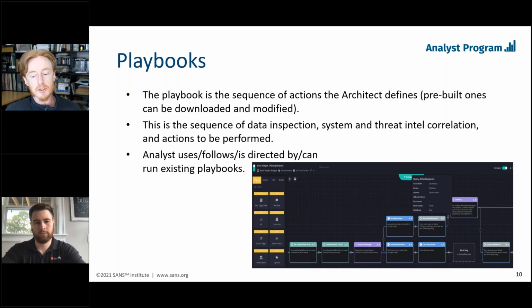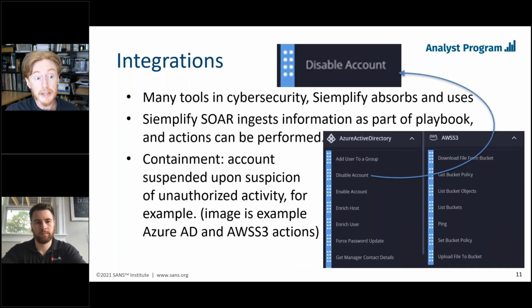I would want some sort of a forum between my analysts who are being directed by the playbooks and my architect or architects who are configuring the playbooks. I would want to have an ongoing dialogue between those two roles. This might even be, in a small shop, the same person, right? But I would want that person to not just be constantly changing the playbooks. I would want them to apply that same sort of separation and rigor, even if it's the same person doing this. Okay, so the playbook really is the logic of the flow of the action inside of that.